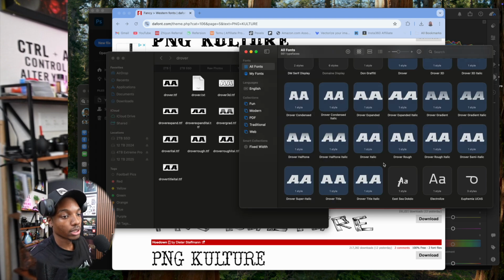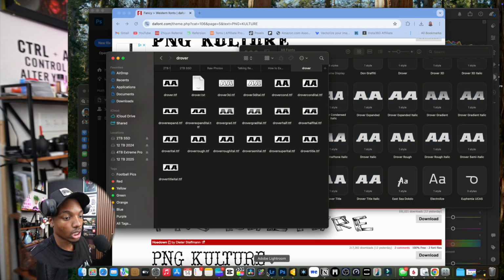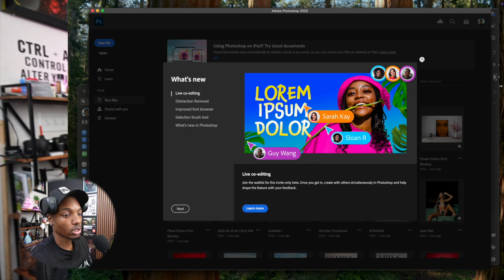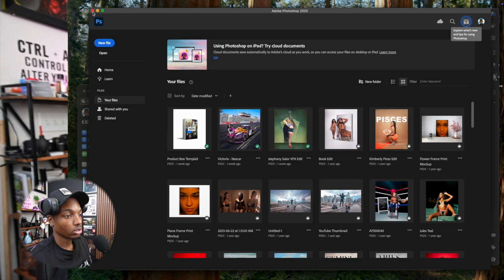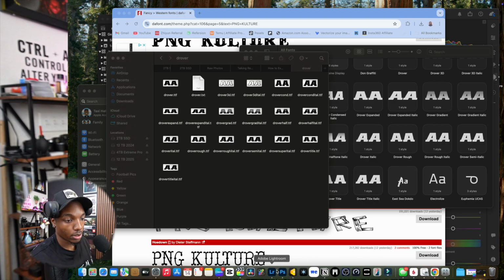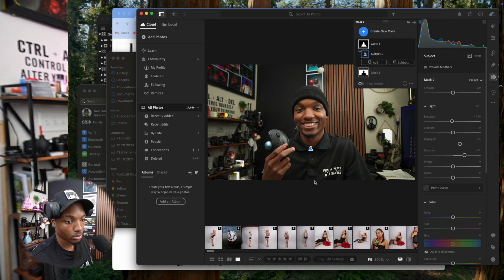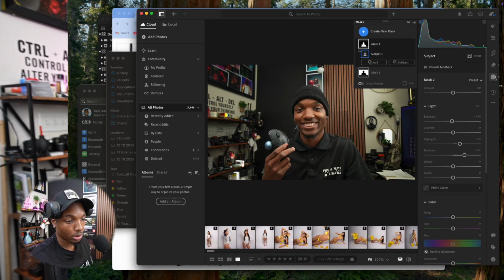And after all of them are done loading in, you can now go and open up Photoshop. You want to make sure that you close Photoshop and then reopen it again. So close it before you reopen it. You got to reboot it so that way everything shows up in there. And then now when you open up your Photoshop, make sure it's closed. Lightroom. Right, so now when you open up your Photoshop,